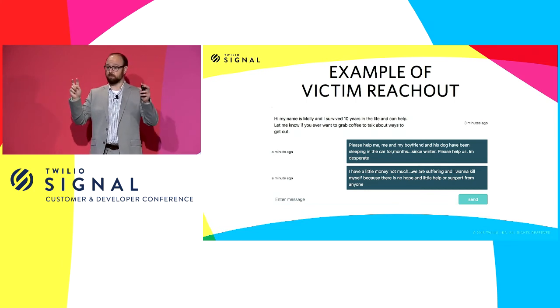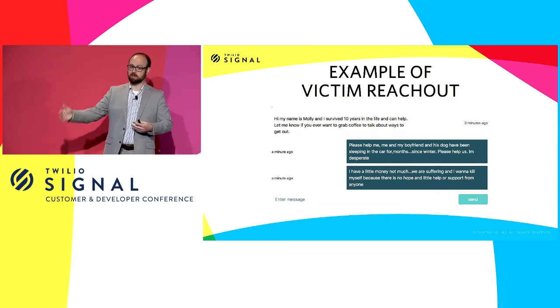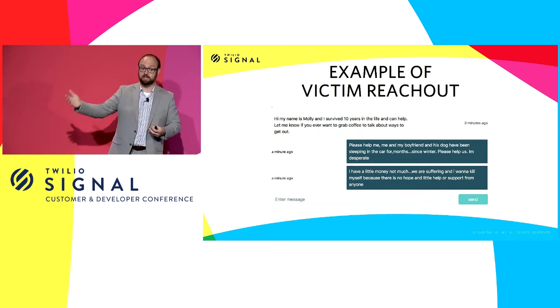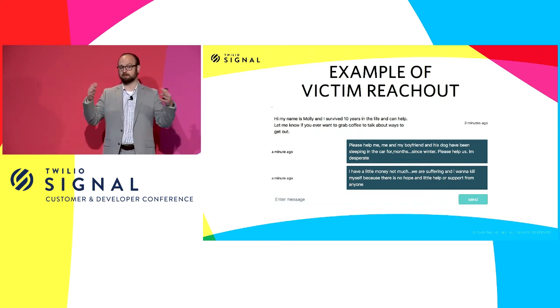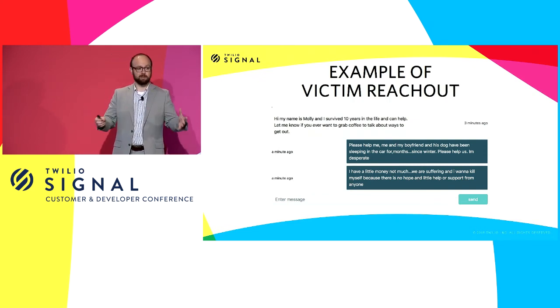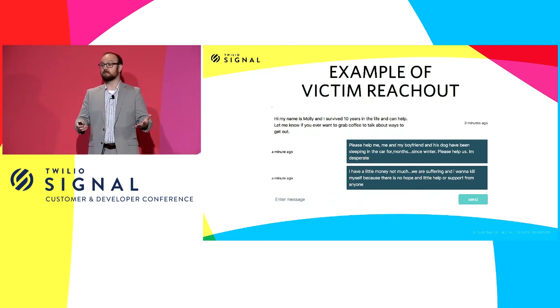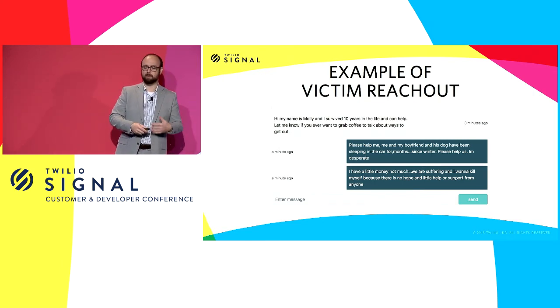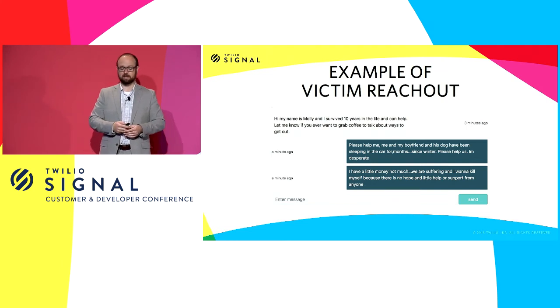It turned out that the boyfriend was actually the person who was exploiting her and had gotten her into selling sex to support his drug habit and keep them living in that car. And she is now completely away from that situation and has a life of stability and safety from simply receiving a text message. And Peter will talk a bit more about how Twilio helps facilitate that.